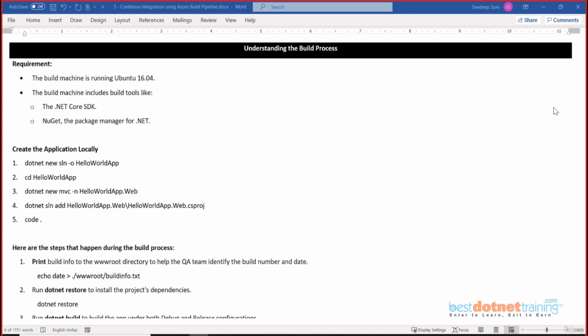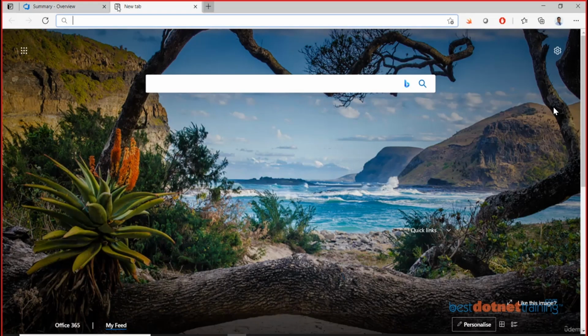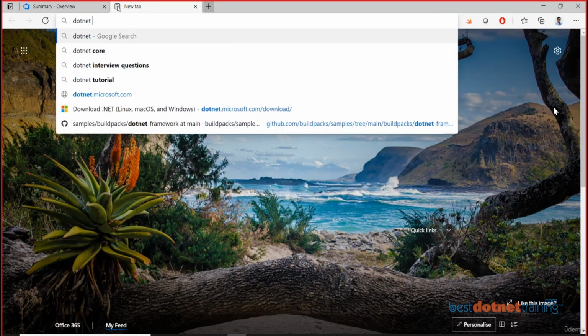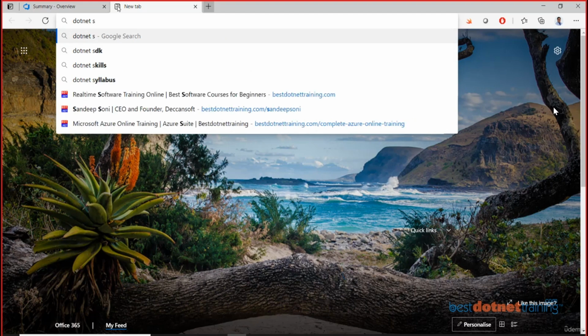So I want to focus purely on .NET, at least at this point of time. Maybe sometime later, if it permits and if I get some knowledge, I would also want to show how a Node.js project or probably a Java project can be used for a pipeline. We'll see that part later. But let us say you are a raw person, you don't know any programming. So the first thing you'll have to do is install the .NET Core SDK on your machine. So go and type .NET SDK download,